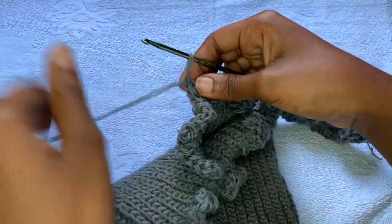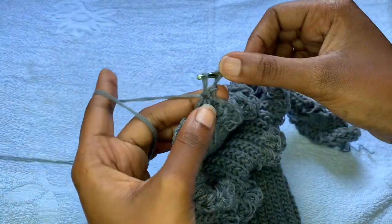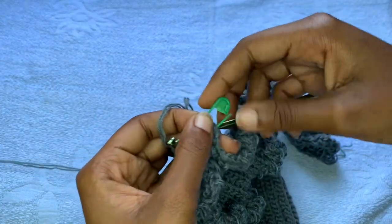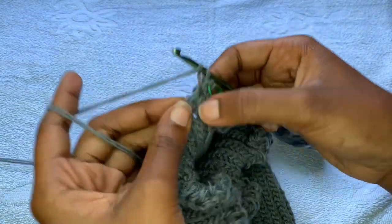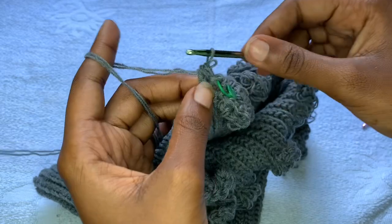And now it's going to be simpler, because first you have to start off with a slip stitch and then mark it off so that you don't get lost along the way. And after marking it off, you're going to continue now. Place a half double crochet on top of half double crochet,